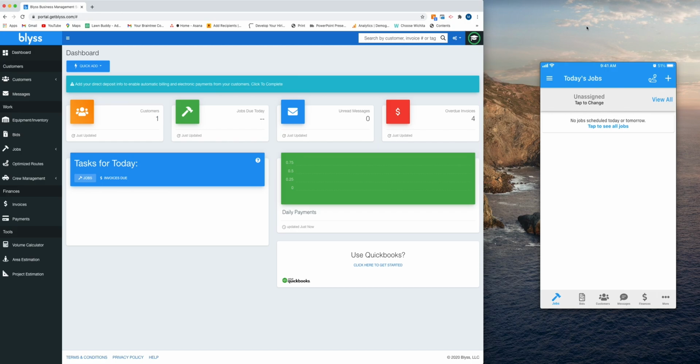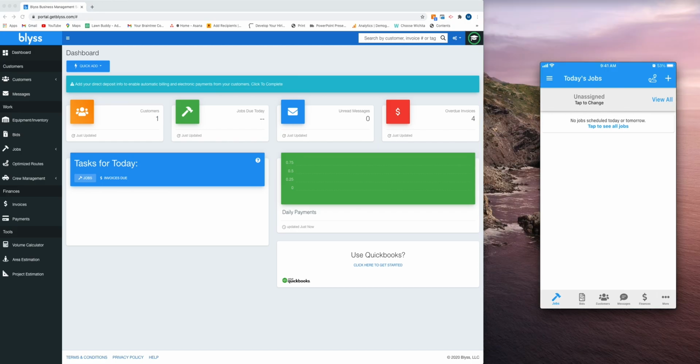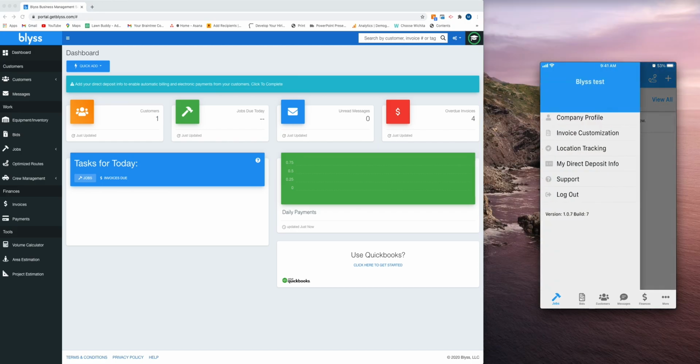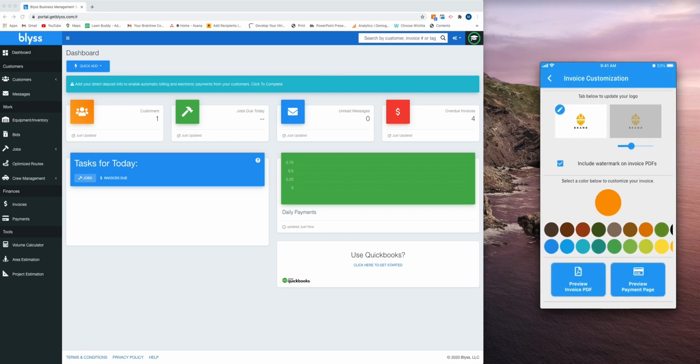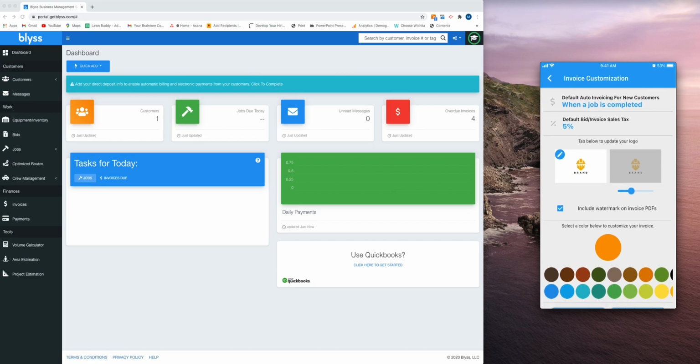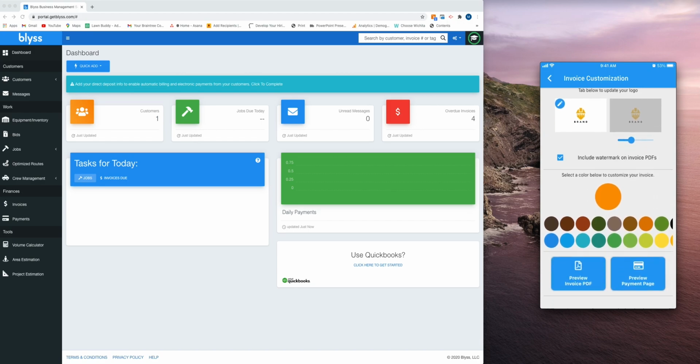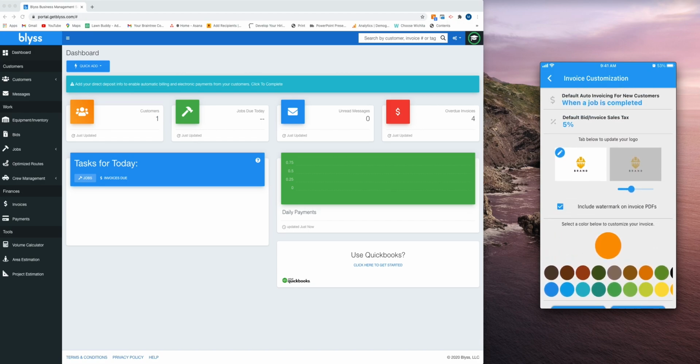And then back out. And now we're going to select those 3 lines again, and we're going to select invoice customization. And here you can see all of those changes that we had set and saved in our web version are now here. And if you want to change them from the app, all you have to do is click on them,